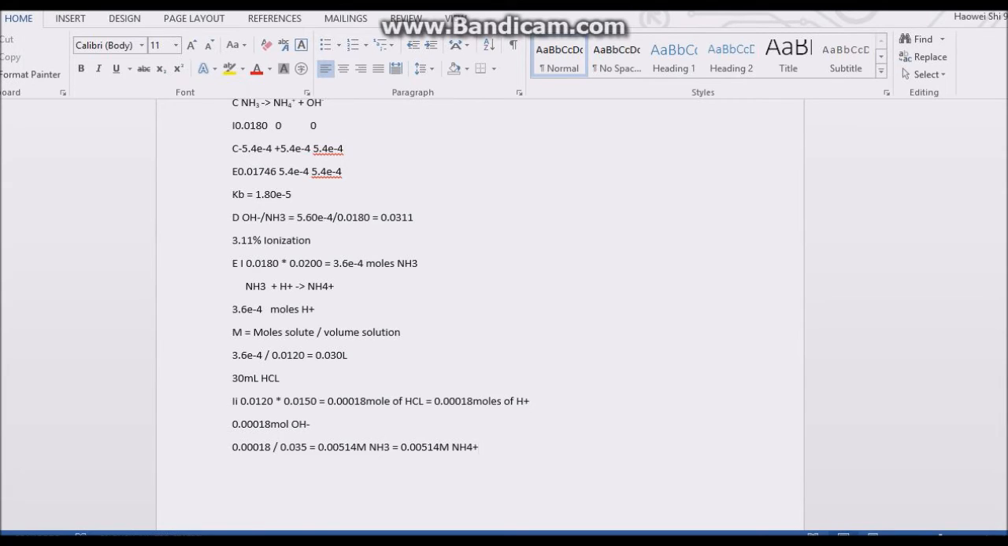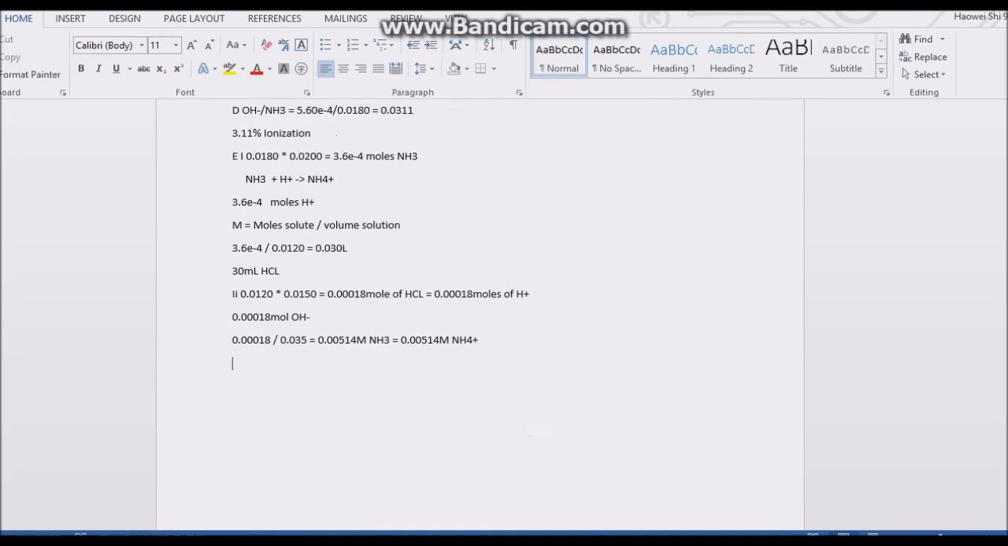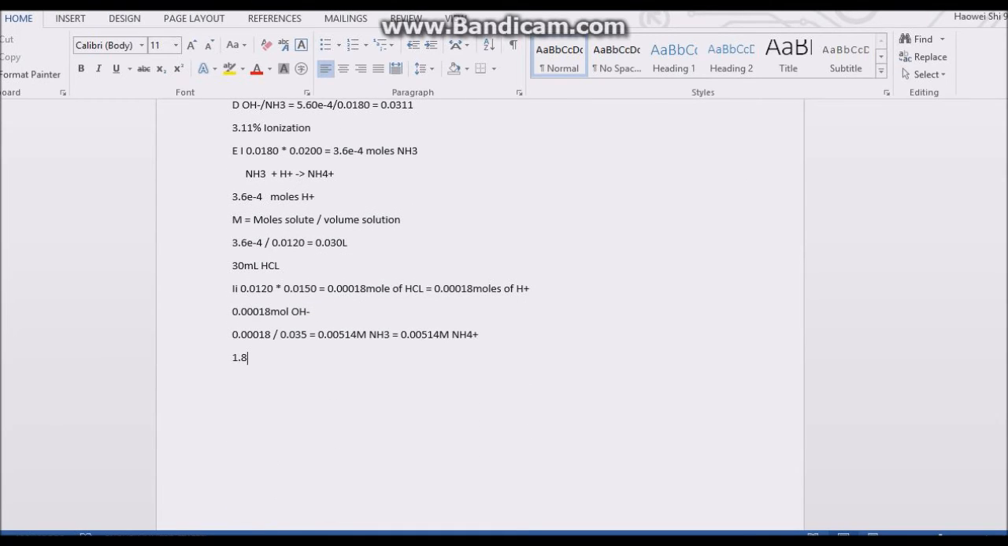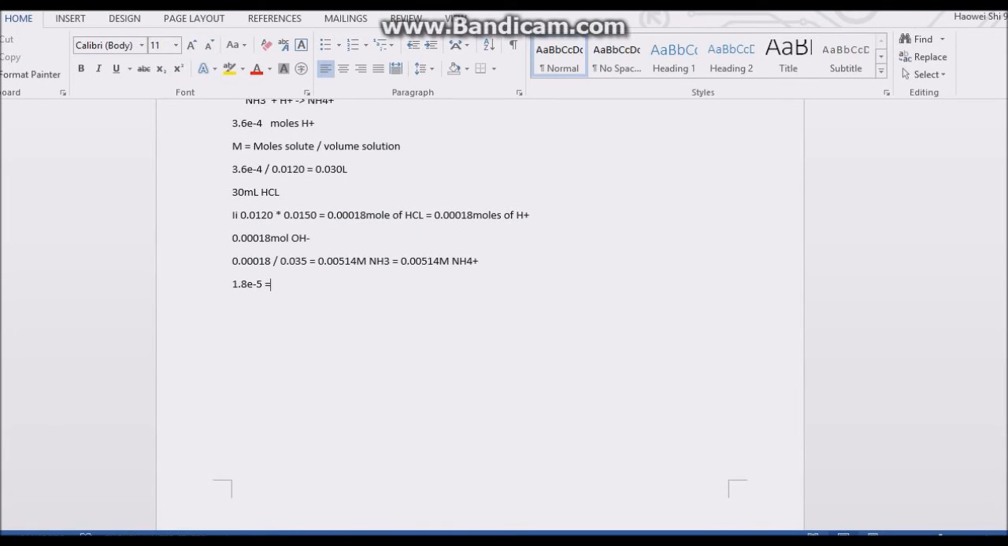Alright, so since we got the Kb already in part C, we're going to set 1.8 times 10 to the negative 5 equal to that equation. Let me just copy and paste. Since the NH4 plus concentration equals the NH3 concentration, they should just cancel each other out at this moment. So OH minus should be equal to